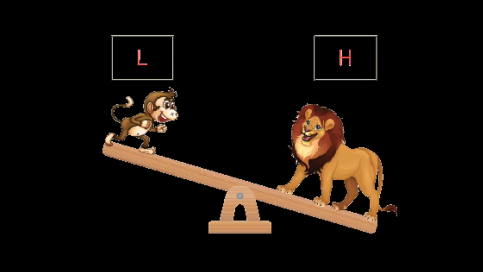See, I am heavier than you all. Is it right? Yes. I am heavier than you all. And the cot is heavier than the table. Is it right? Yes, the cot is heavier than the table. Now, let us learn how to measure the weight by using non-standard units with some examples. See children, now we are having a monkey and a lion. Among these two, the monkey is lighter and the elephant is heavier. We know that by comparing these two, we will get to know which is heavier and which is lighter.